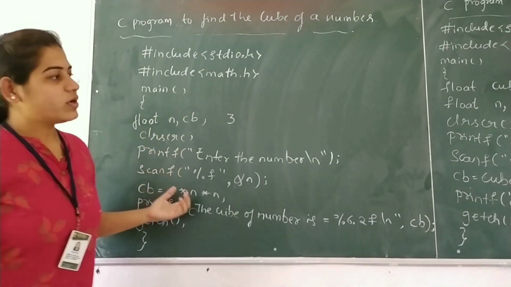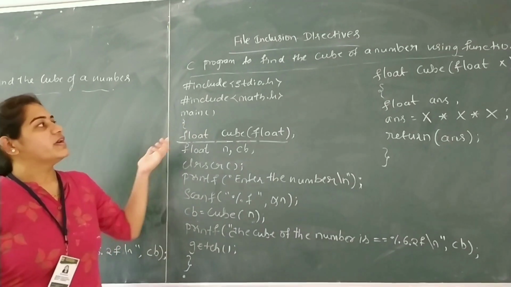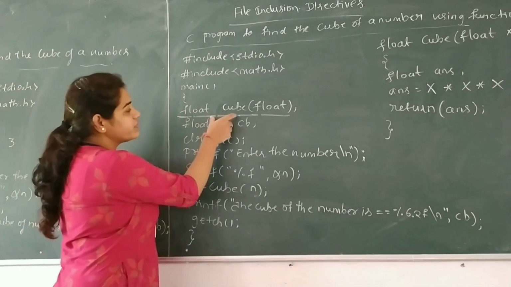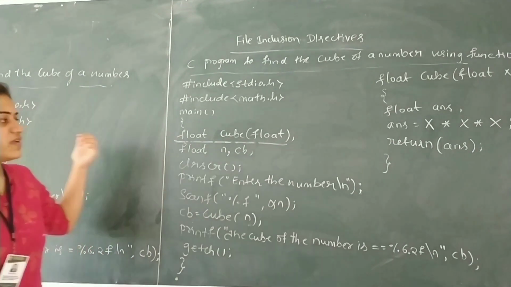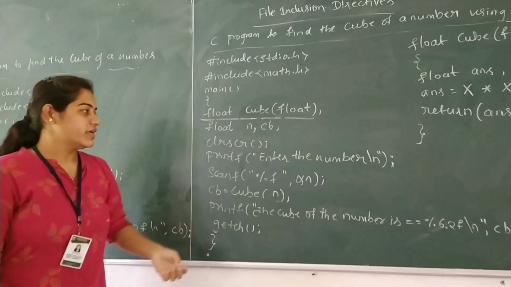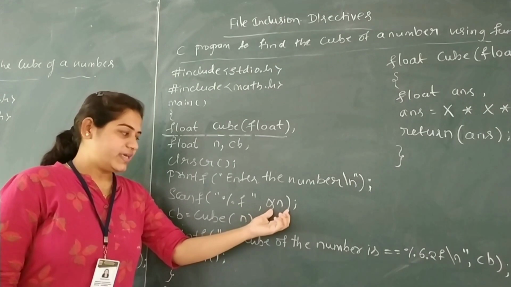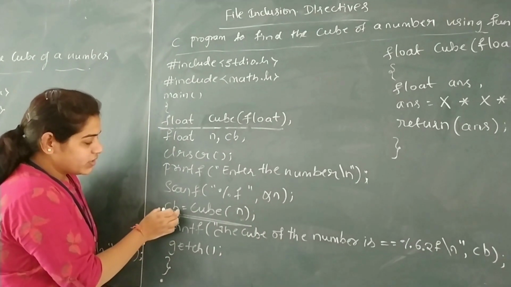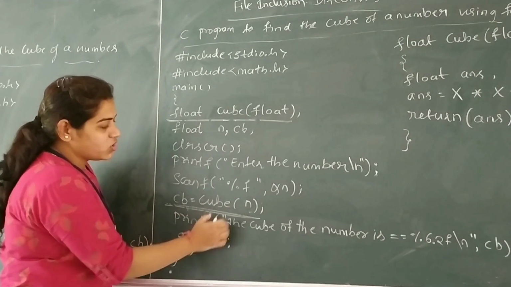Now the same program we will consider using functions. So here are the same declarations. Here we have declared the function name, along with the same variables we have taken here, one for the input and one for printing the output. First we enter the number, and scanf takes that value n. When this line of execution comes, for the output variable we have given the method, that is a function call.